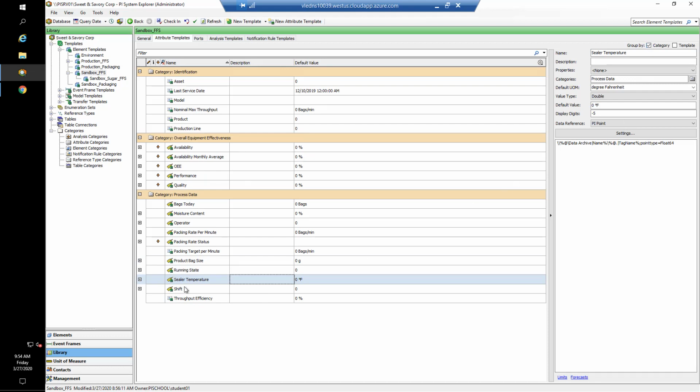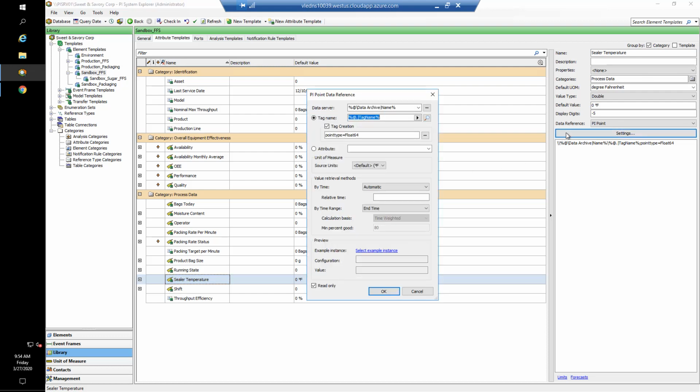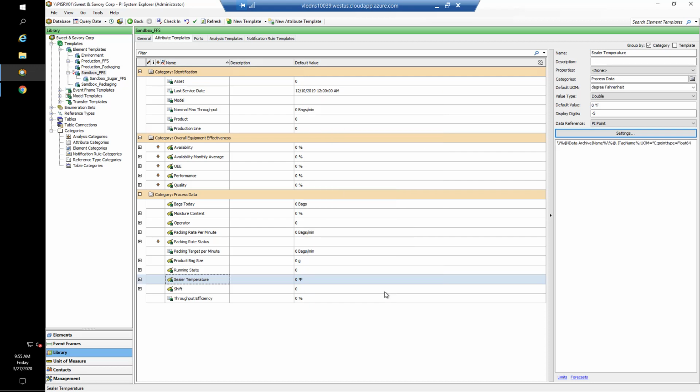We have the sealer temperature attribute over here, and going to the same place, we can click on our settings, and now we can see our source units. They are not Fahrenheit, our source units are coming in degrees C. If at all possible, it's always a good idea to specify your units of measure at every point so that you do not run into this issue where the default is not the actual setting you're working with. We'll go ahead and say OK. And that's as simple as it is. We've told the system that the data coming in is in Celsius and that we want to display it in Fahrenheit. If we switch back to our elements